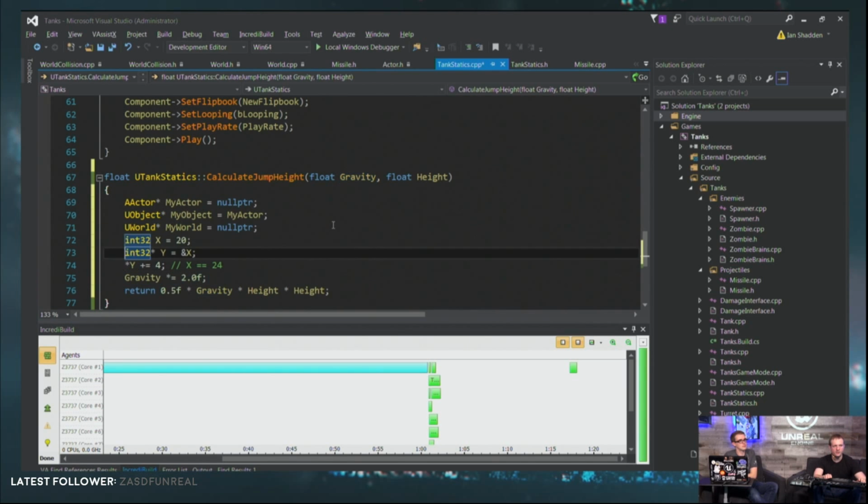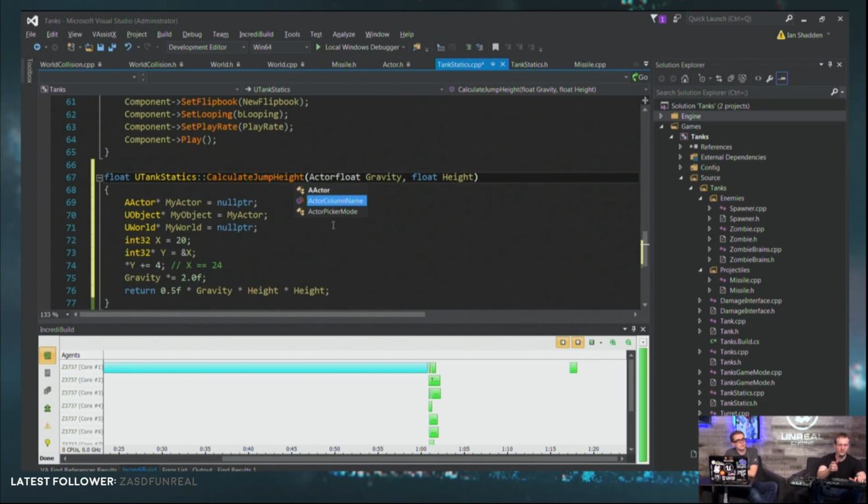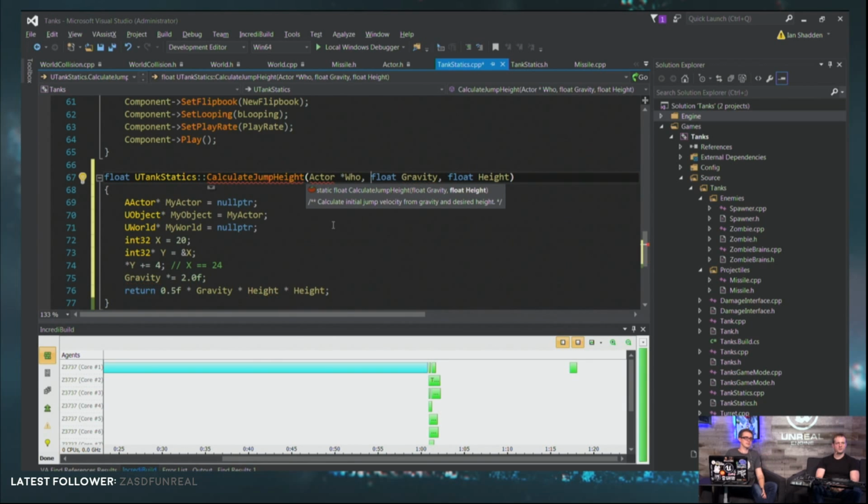With an actor, you don't want to do that. Let's suppose that each actor had their personal gravity, so we had to know whose gravity we're talking about. I'm saying calculate jump height for who, because suppose that each actor had their own individual gravity value in our game, for whatever reason. We've got a big dude and a skinny dude and all kinds of various sized people, and they respond to gravity differently. Well, they have various masses.